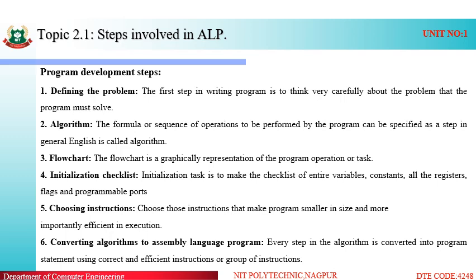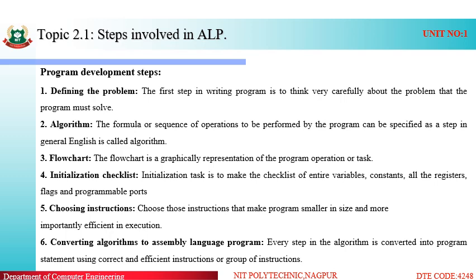Now, what is the problem? How to define a problem? Suppose we have to perform addition of two numbers. So, what is the problem here? We have to perform the addition of two numbers. Similarly, if a program is there to arrange the numbers in ascending order, here the problem definition will be arranging the numbers in ascending order. So that step is called defining a problem. That means to actually specify what the real problem is which is to be solved.